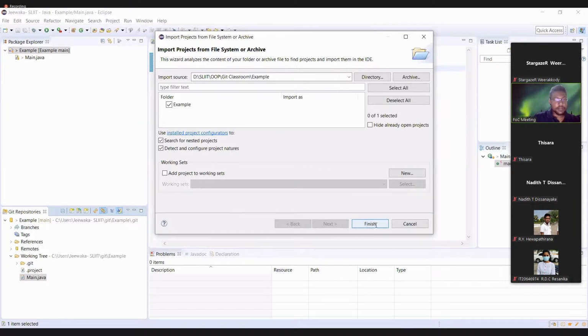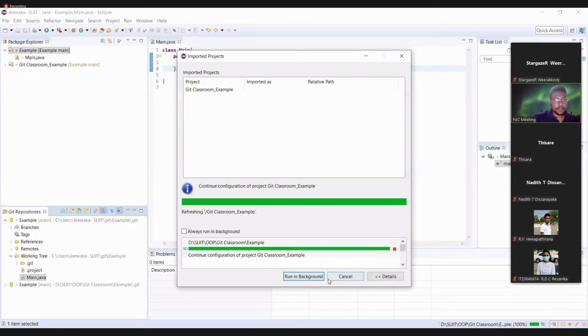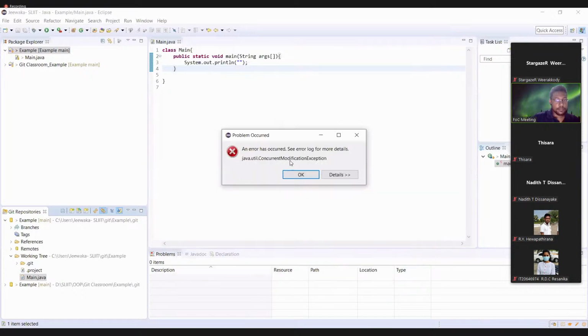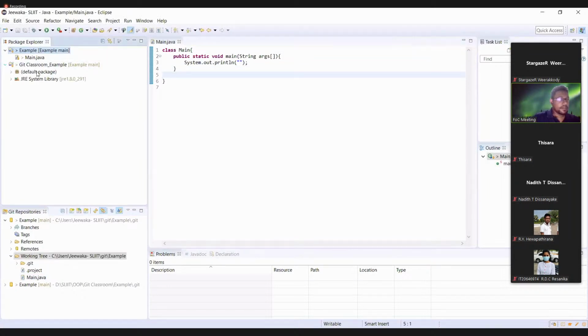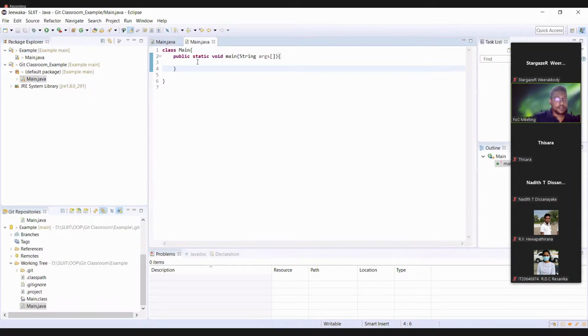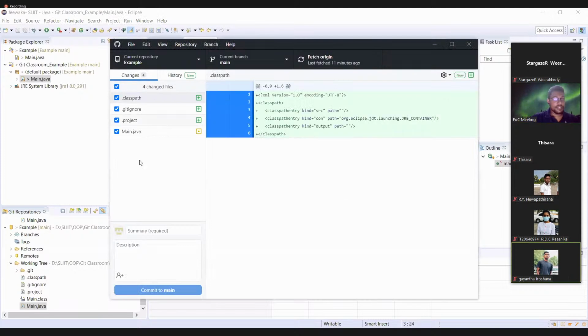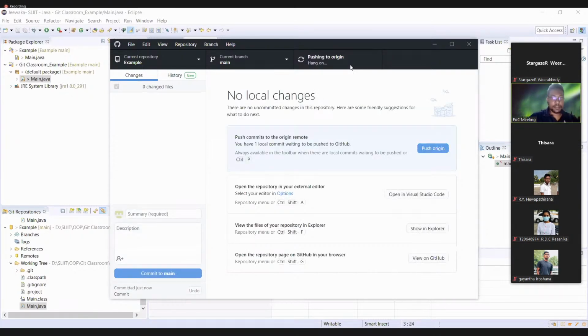You can open this one here, and then work on it, add new lines here, and save it, and then you will see the changes in here. You can simply commit those and update that one. Since we ran into an issue, I'll just explain how you can do it easily